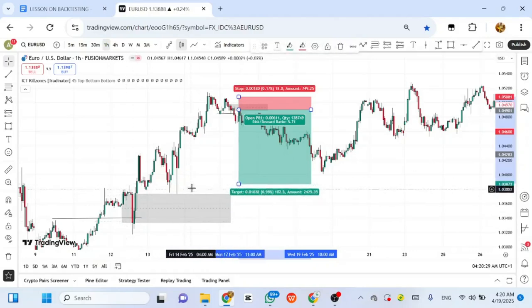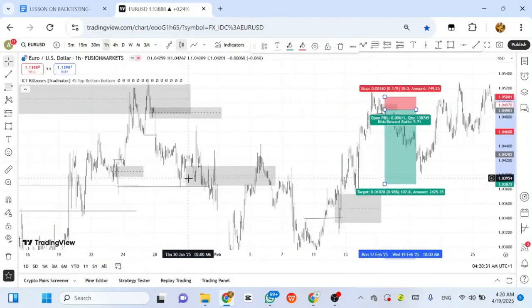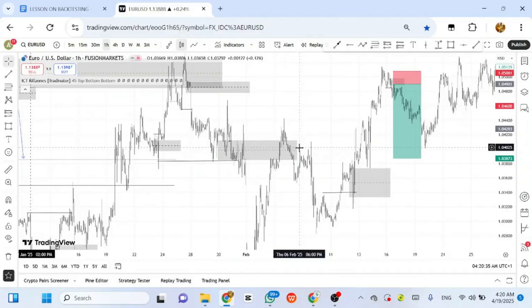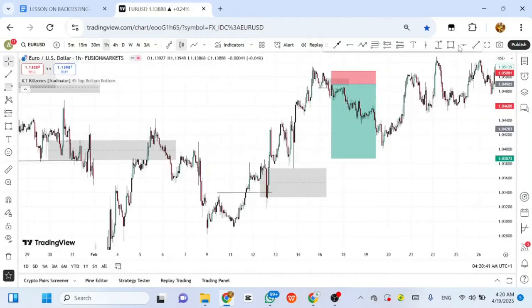So we'll not even try to catch this leg, rather we can look for a good support or resistance that was broken. You see all of this place, they are resistance that was broken. So now I can mark this. The chart is becoming more dirty now. This resistance, I can mark here. This other resistance, I can mark here. If I want to get more pips, I can mark this. I can even mark this here at this point. But then this is a retracement.